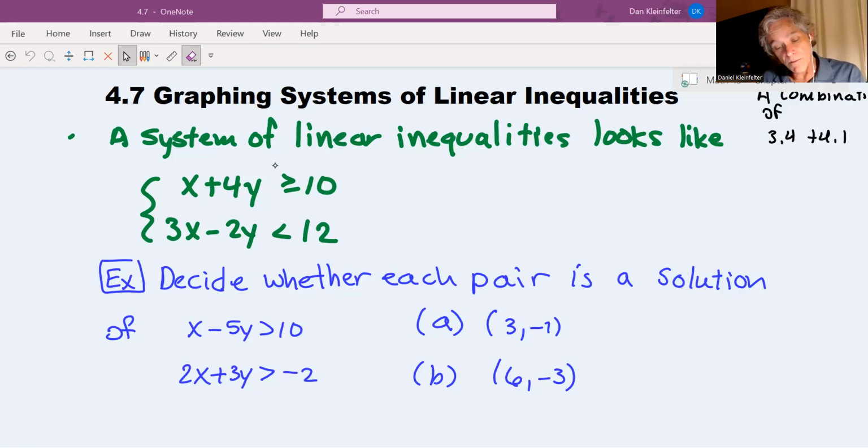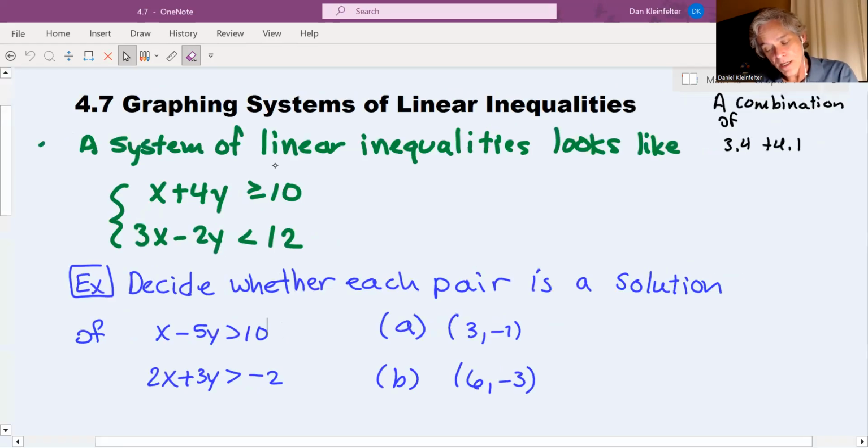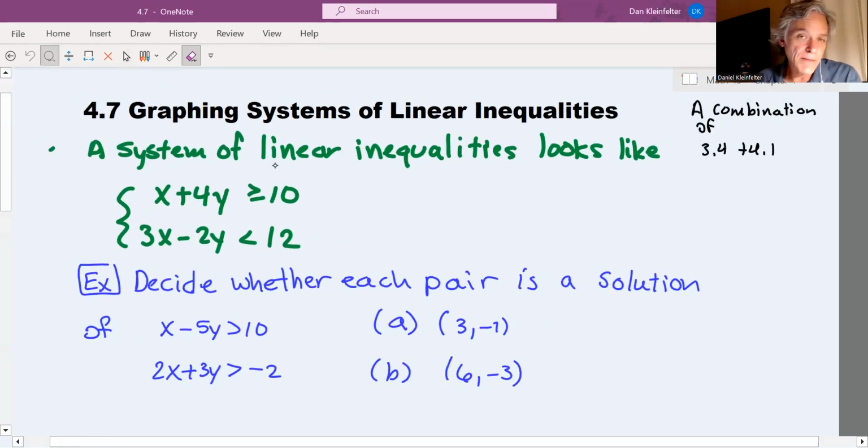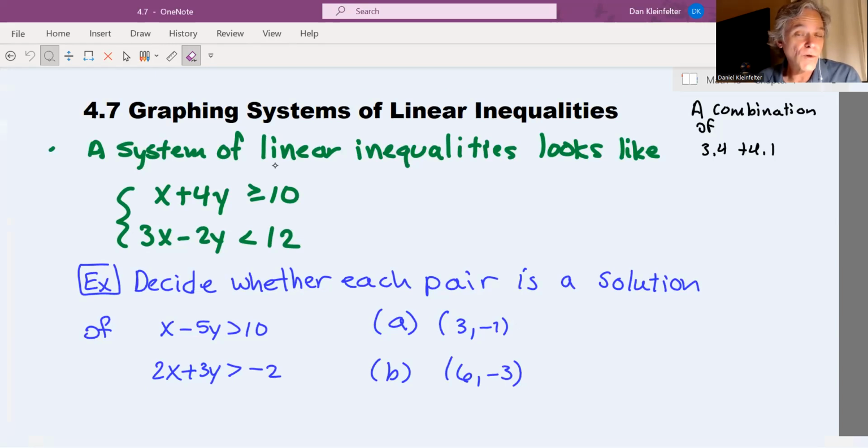So first of all, what a system of linear inequalities looks like, an example would be this one. x plus 4y is greater than or equal to 10, and 3x minus 2y is less than 12. You can think of this as kind of a combination of section 3.4 and 4.1. In section 3.4, we had extended the idea of a solution to